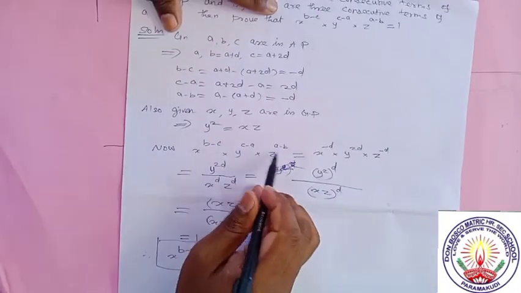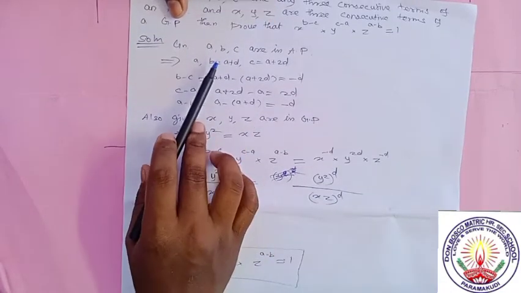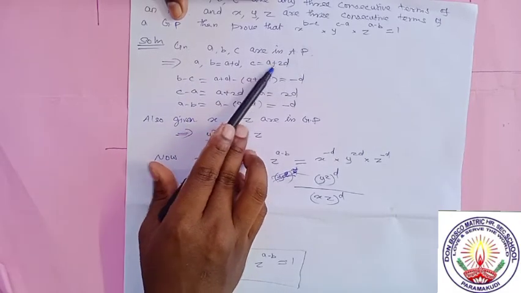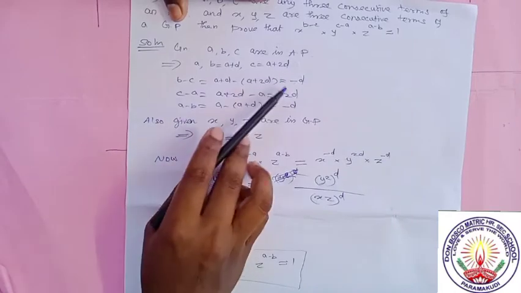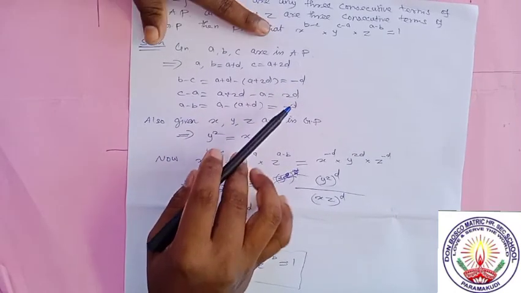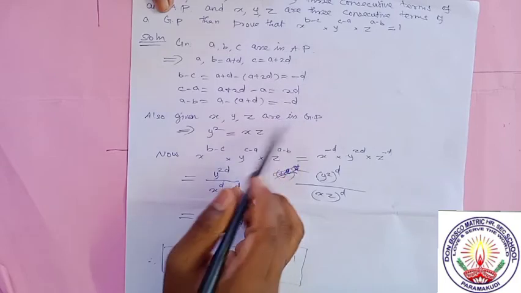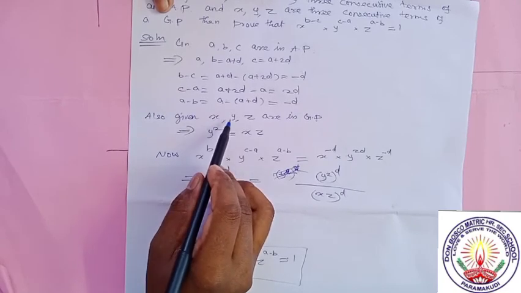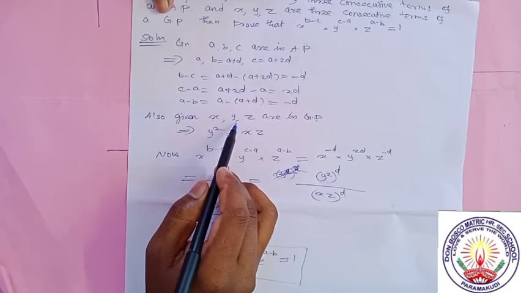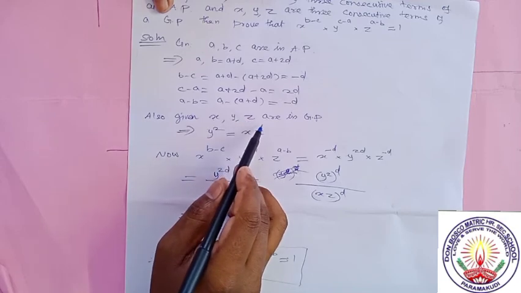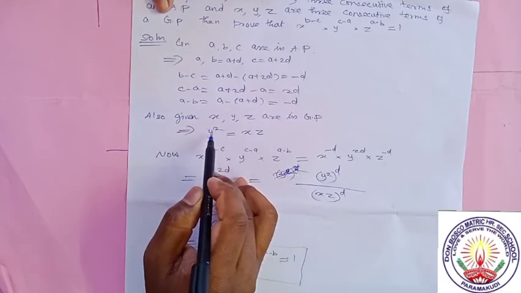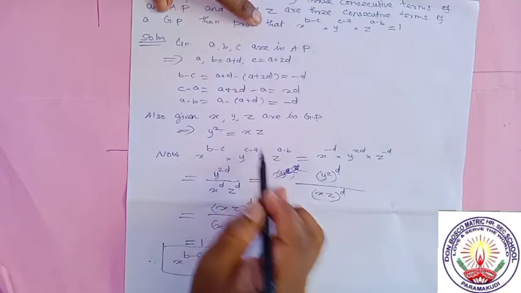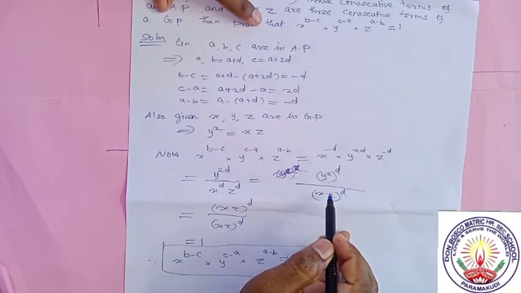So the only thing, whatever is needed in the expression, just find by taking suitable values. Since they are in AP, I have taken A, B is equal to A plus D, C is equal to A plus 2D like that, and found the differences. They are minus D, 2D, minus D. Then X, Y, Z are in GP is given. So here I have taken Y square is equal to X Z. If you want, you can take X equal to X, Y is equal to X into R, Z is equal to X into R square, like that also you can take. But here I have taken only Y square is equal to XZ, because here also Y square will come. We can use Y square is equal to XZ, then it will cancel. So in that manner I have used this.